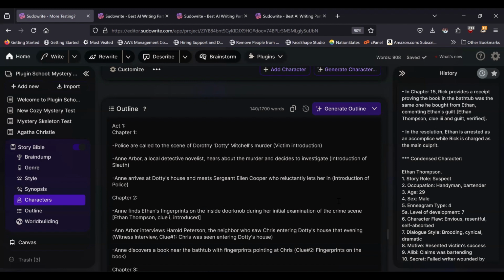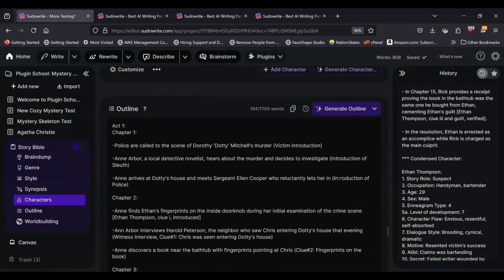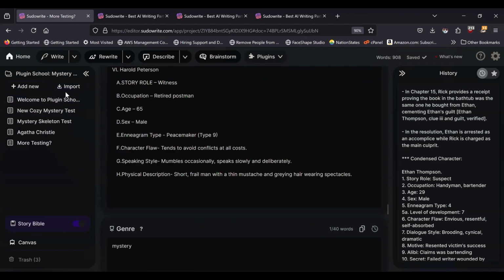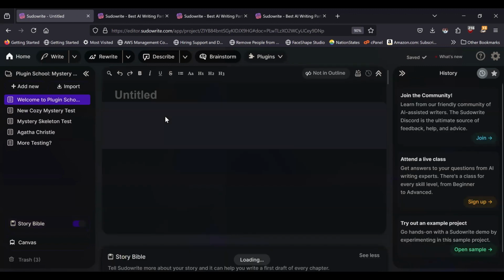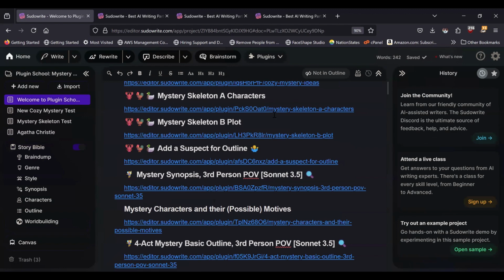So there's an additional suspect muddying the waters, more red herrings. So that's always fun. And what happens if I navigate away from that document? It's still the same story Bible, so maybe it'll keep going. But that was that series of